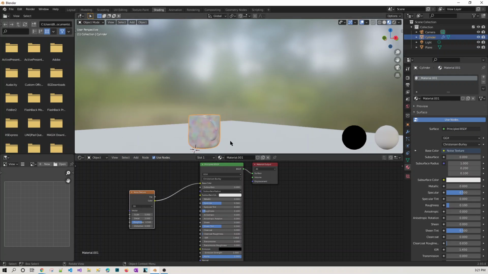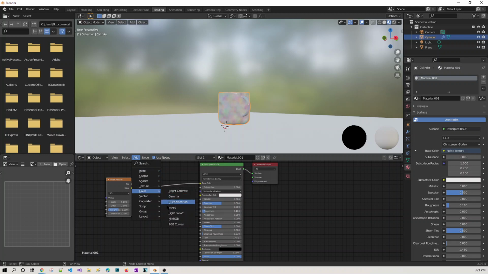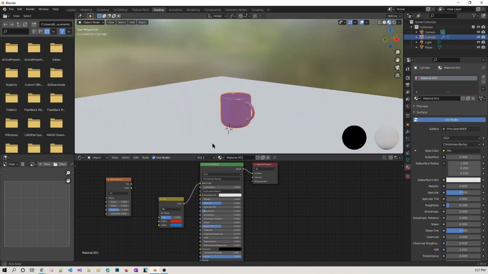You can see this will give a different color, and if you wish to add some different thing, go to mix RGB, just remove this, give a color, two colors if you wish, for example this one and this one, right? If you give this one, what will happen? That's okay.